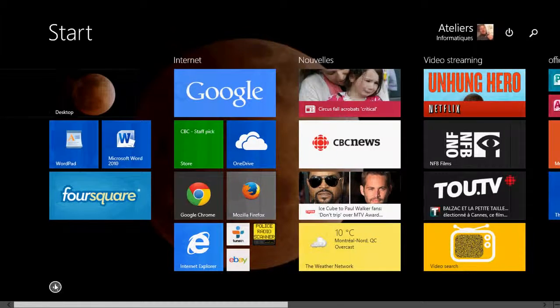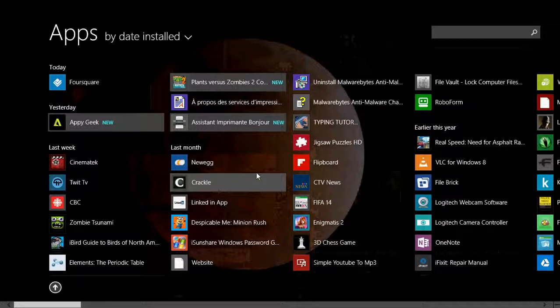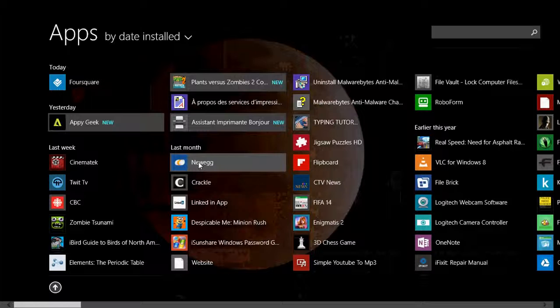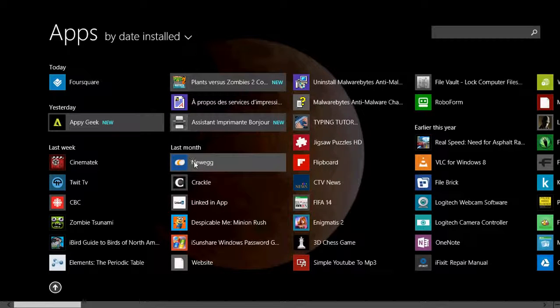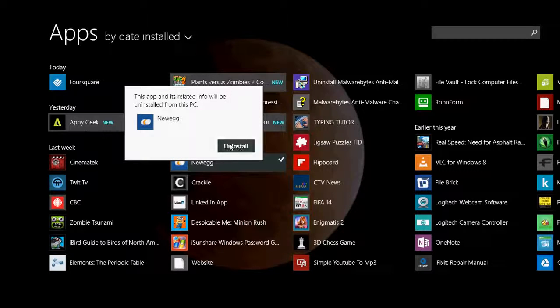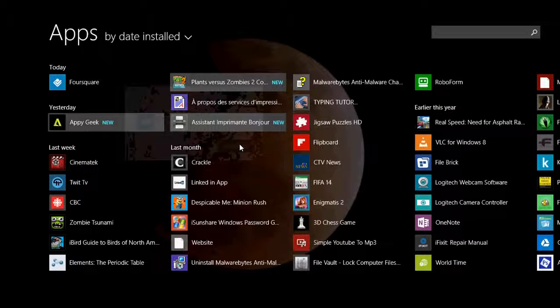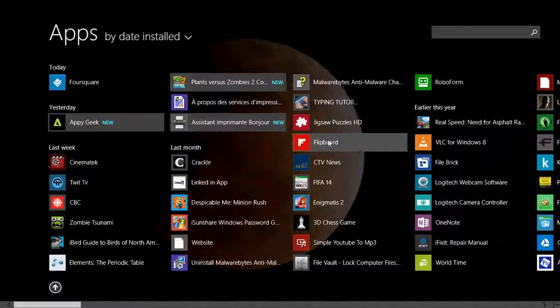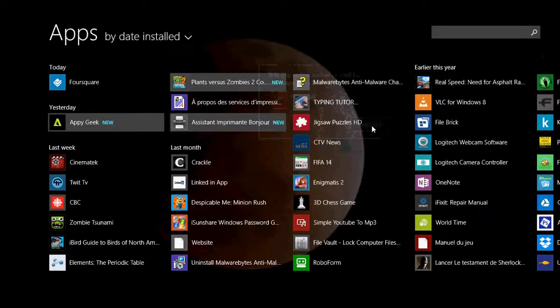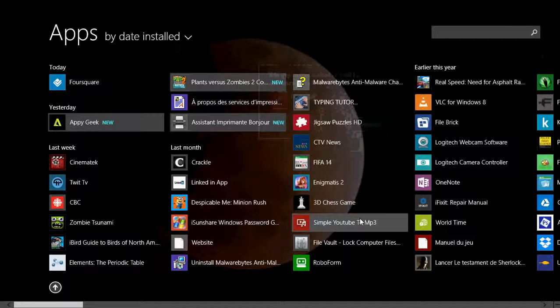For example, I'll go back in my list of apps, and I don't want to have the Newegg app anymore, for example, here. So I'll click on it and click uninstall. And you just confirm that you want to uninstall. And at this time, when the tile is removed, you don't have it anymore in your computer. So, right click anything you don't need, uninstall,